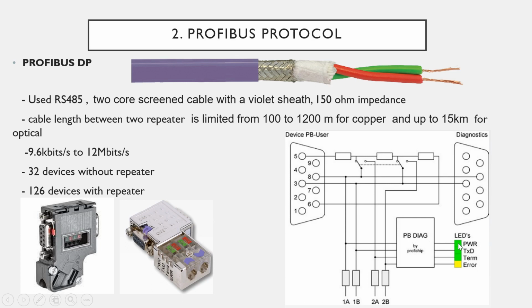So one LED is called the power LED. If you connect the device and that device is powered, then the power LED turns on green. And if there is data transmission between that slab IO and the Profibus PLC system, the PLC controller, then the transmit LED will blink. And the termination LED will glow steady if the termination switch is turned on, and the error LED will glow if there is an error in that device or in that connector. Okay,